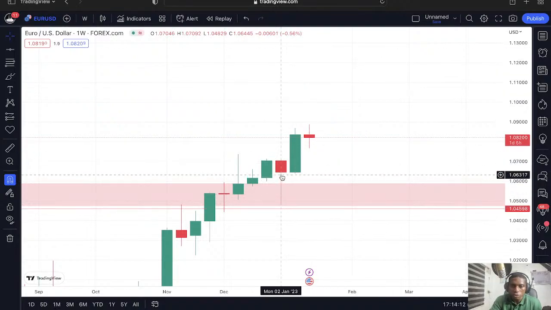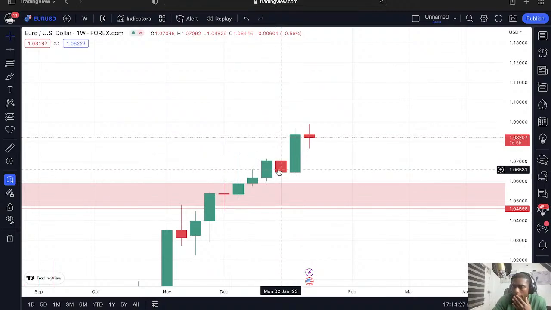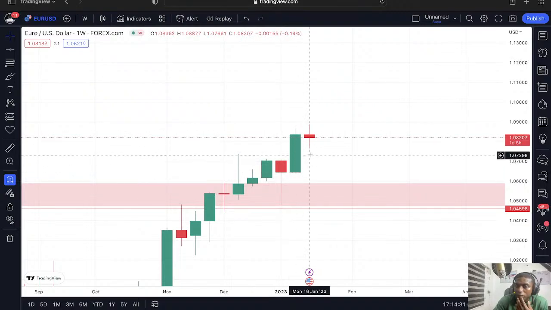So you see this wick to the downside pushing price, which means price came down here, but the buy pressure was much and it pushed it back, creating this bullish armor. Then we are followed by a fully bodied